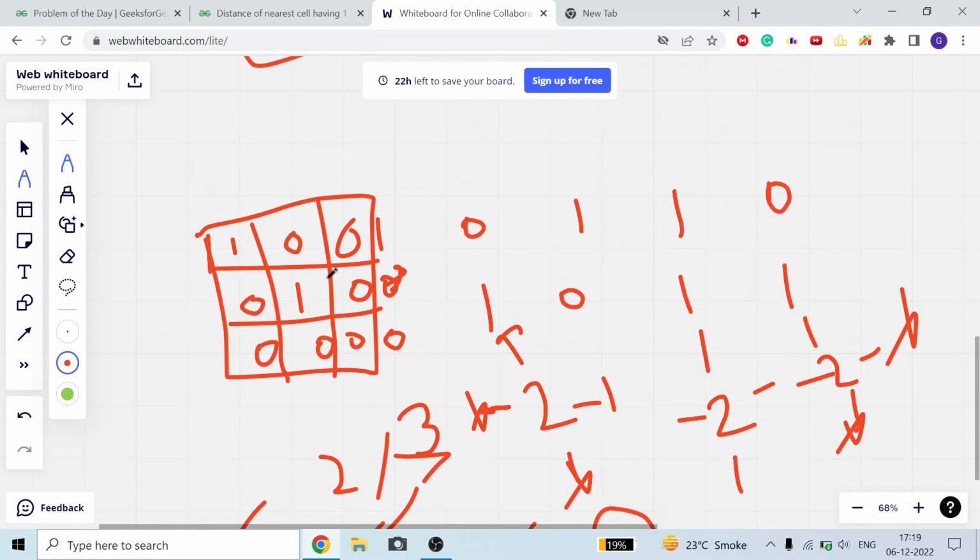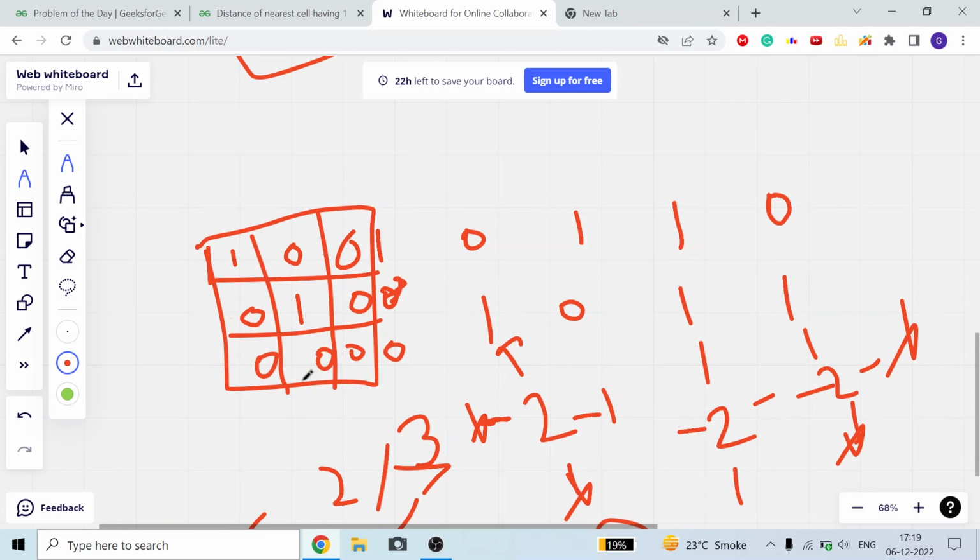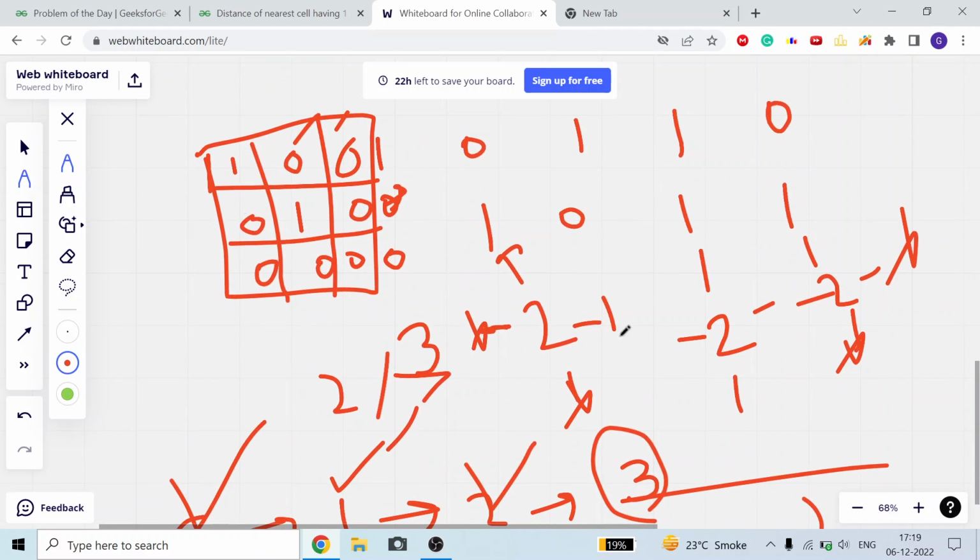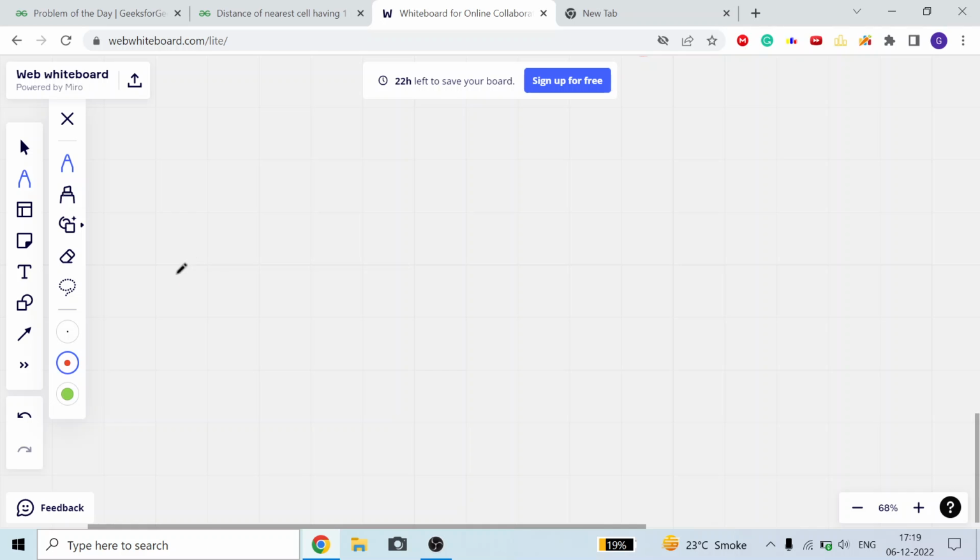Okay guys. So instead of traversing the whole matrix again and again, because I know there are some limited number of cells, like here only 3 cells among 1 2 3 4 into 3, among 12 total cells I have only 3 cells with distance equal to 2. So what I can do in the queue, first of all I will put some cells, and I know the distance of those cells will be equal to 0.